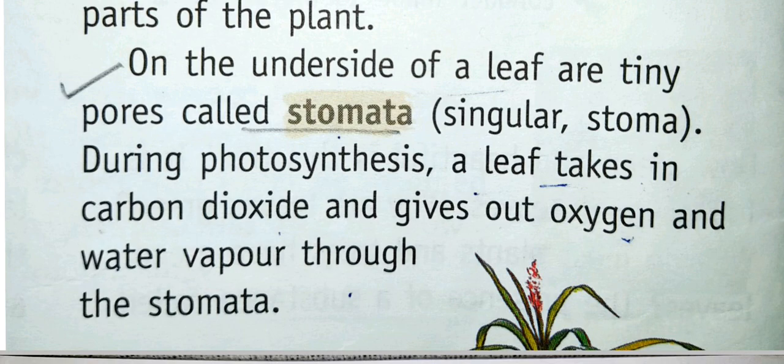See figure 6.2. That pore-like structure which you are seeing in that leaf. See that carbon dioxide they are taking from the air, and from the leaf they are giving out the oxygen. And see figure 6.3. Stomata are seen under the microscope. See, the bean shaped cells are known as this type of cells. If you see under the microscope, this type of cells you will see inside the underside of the leaf.